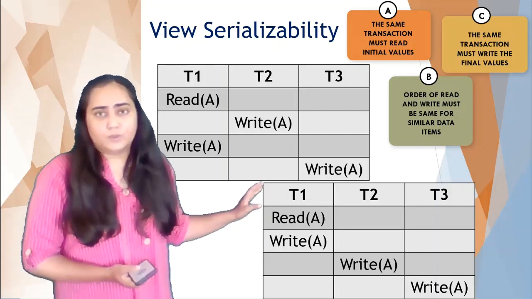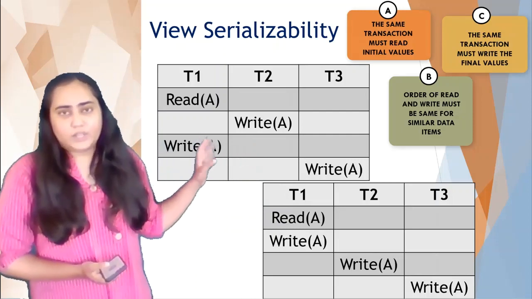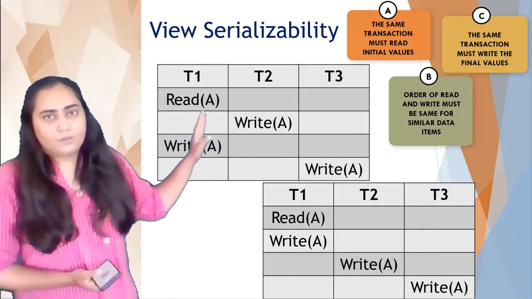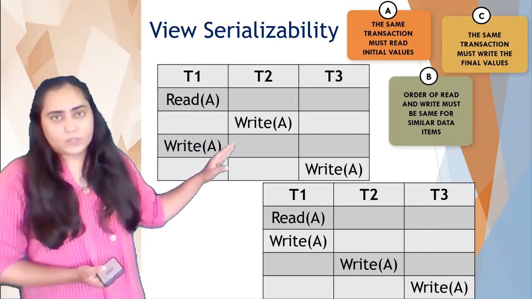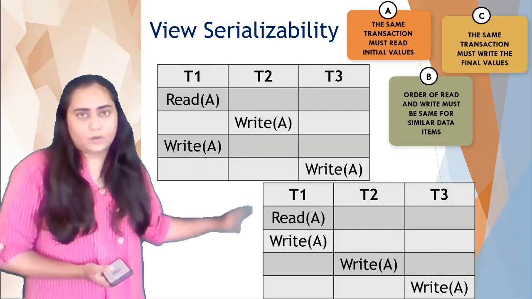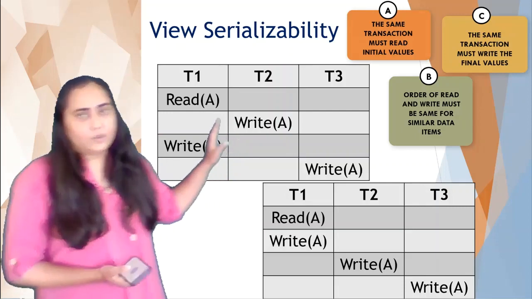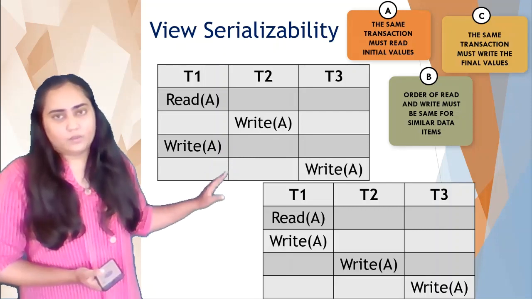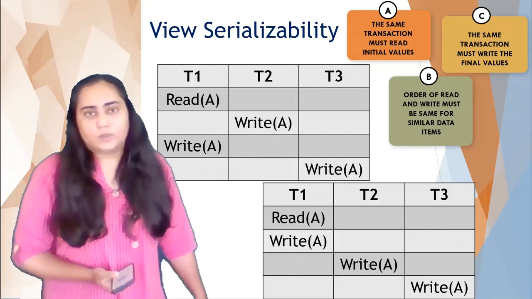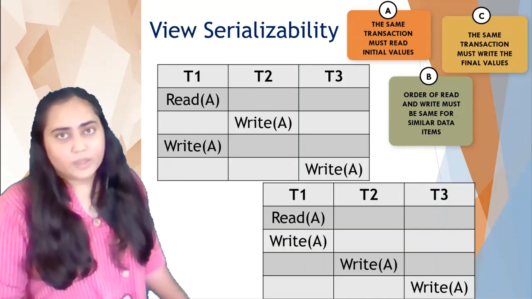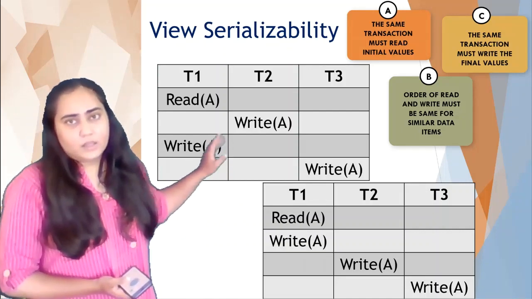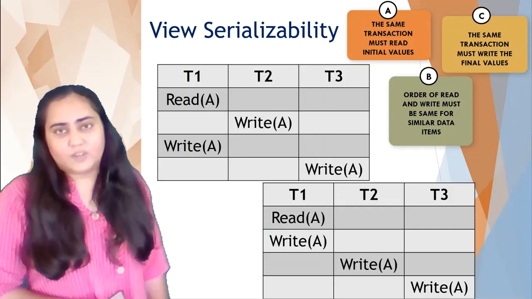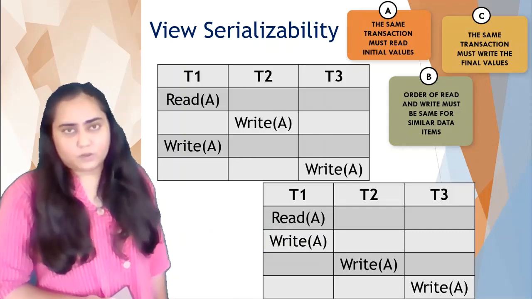Now we're going to move on to rule B. For rule B, we need to check the read and write operation order. So in this case, read is done by T1 and write is done by T2. So the same order is maintained here also. And if you check any other order with read, then all read operations of T1 are done before the write operations of other transactions. So the read-write order is also maintained. And you can see in this case that this is a view serializable schedule. But if you check, it won't be a conflict serializable schedule. However, it is a view serializable schedule.